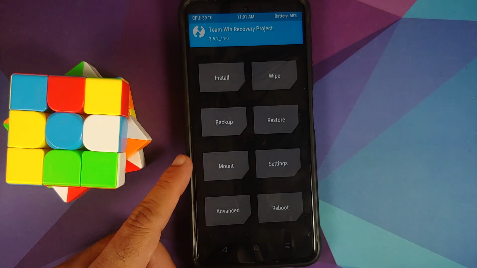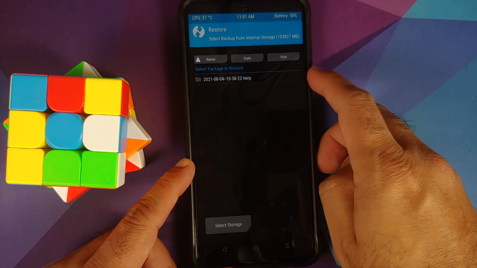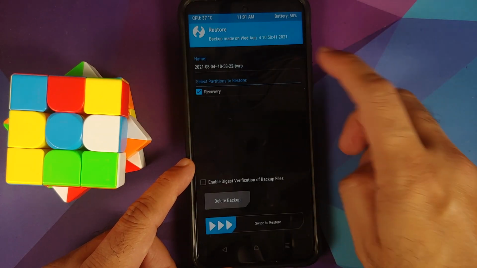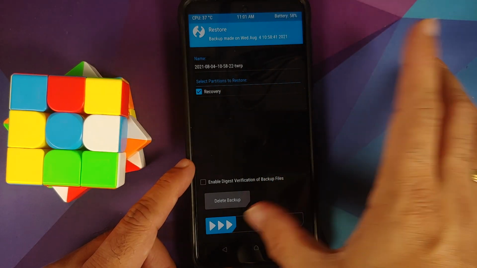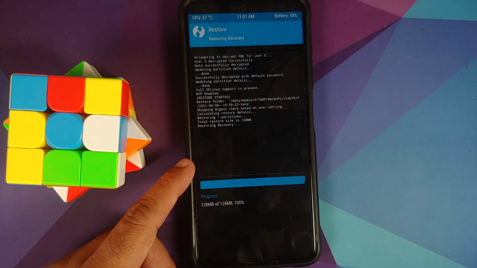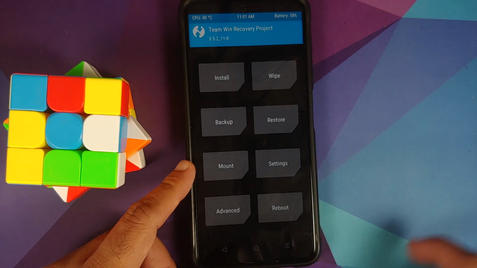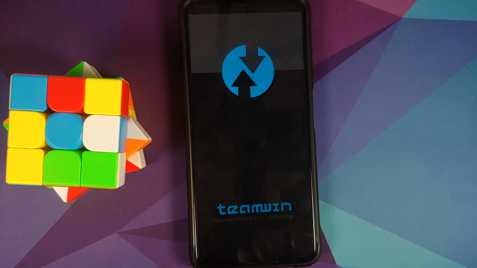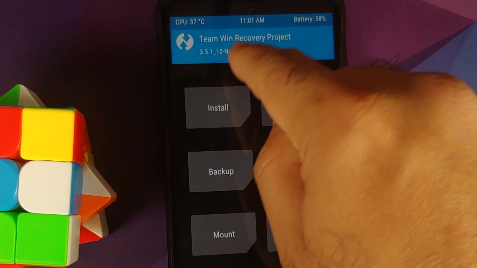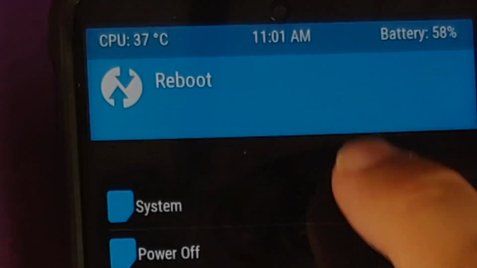If I want to go back to the previous version which I had backed up, I will go into restore, select this folder wherein we have the backup, and automatically you will notice that recovery is checked. Next, all you need to do is swipe to restore, and once this is done, tap home, reboot, recovery, and when we boot back, we should be back to the older version, which I think was 3.5.1_10. And there it is. You can see the version now is 3.5.1_10.